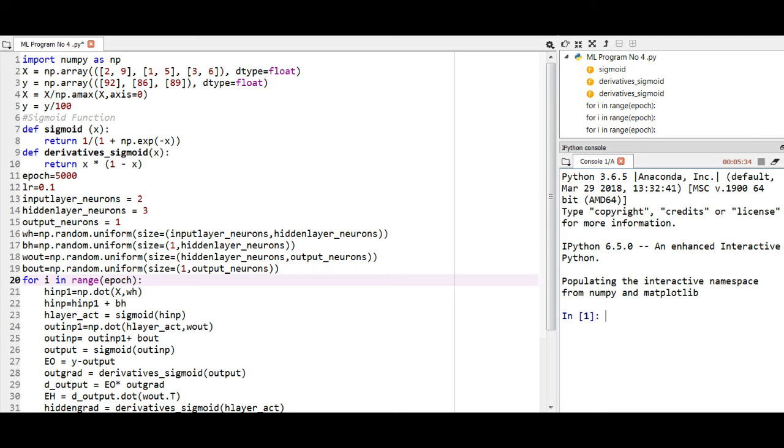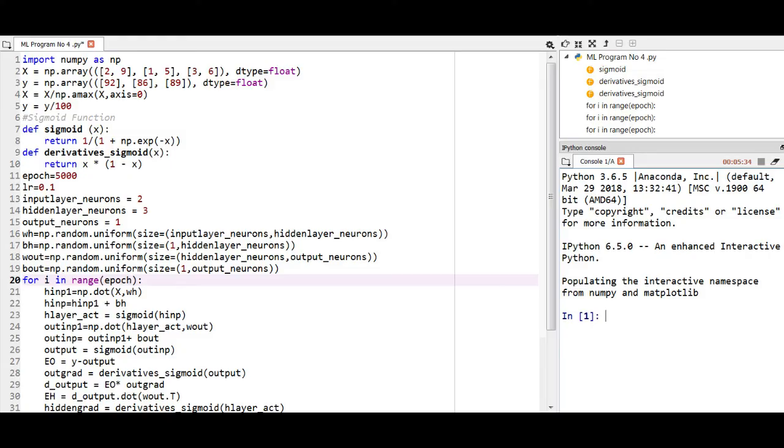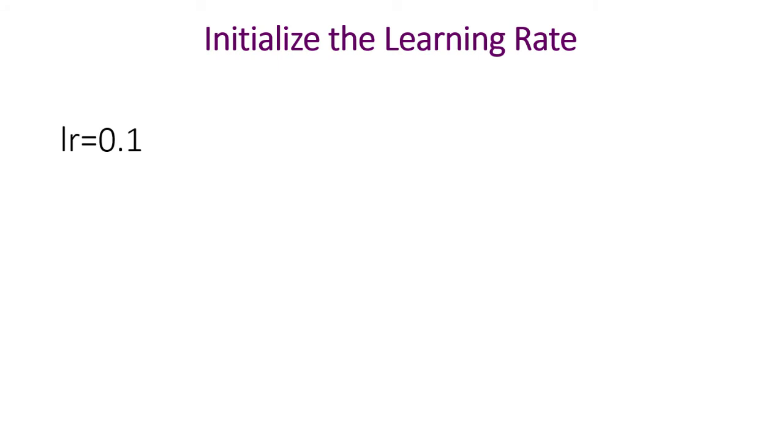Epoch is equal to 5000 will indicate the number of training iterations. In this example, we have considered 5000 training iterations. Next, we have considered for our example the learning rate as 0.1.